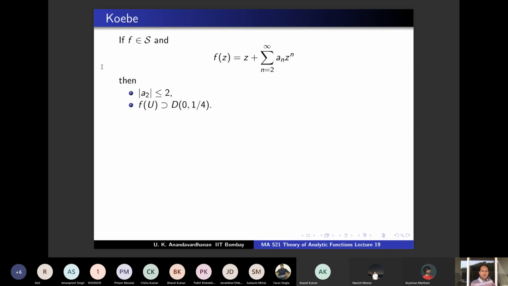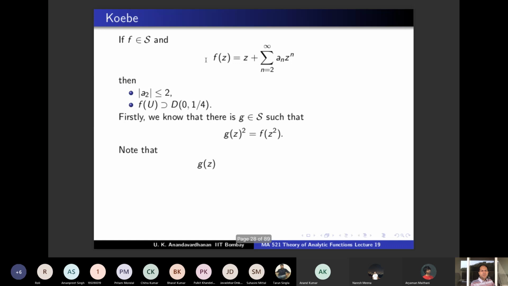Okay, so let's prove this. Firstly, you do that thing. Once you have an f in S, you have a g in S such that g of z square squared is f of z square. So you have such a g. And what will be the form of g? You plug in; these things you have to write down and see, there's no point in my saying it, you just have to verify. So what is f of z square? F of z square is z square plus a2 z power 4 plus a3 z power 6 plus etc. When you take the square root of that, you need only the first one or two coefficients. So you can check that it will be of the form